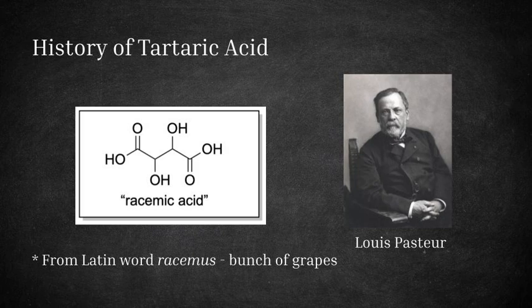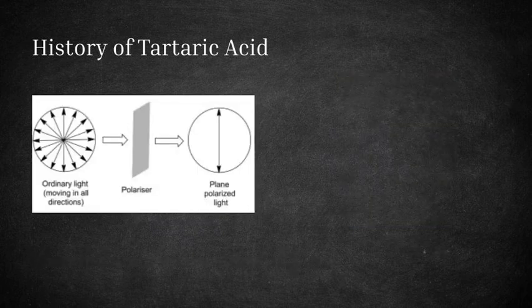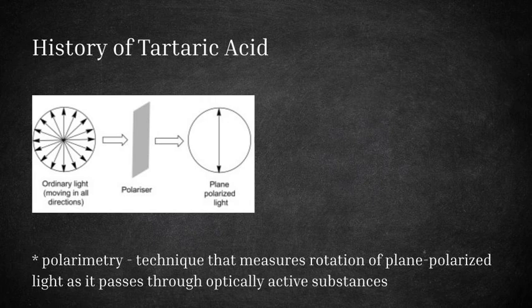Plane polarized light, also known as linearly polarized light, is a wave of light that vibrates in a single plane, with all waves vibrating in the same direction. Unpolarized light from a light source is passed through a polarizer, which allows only light waves vibrating in a single linear plane to pass through. This setup is used in polarimetry, a technique that measures the rotation of plane polarized light as it passes through